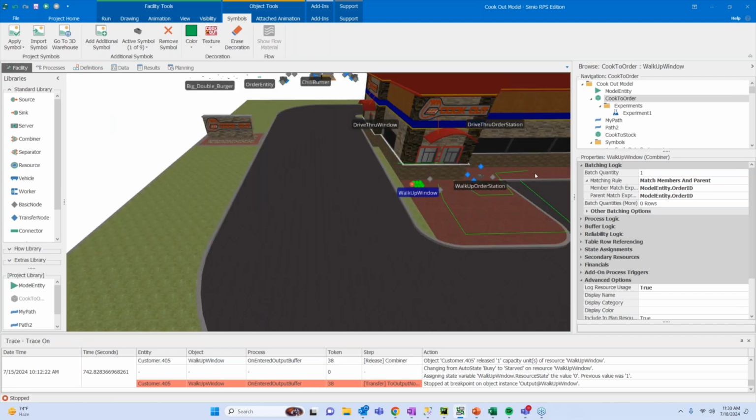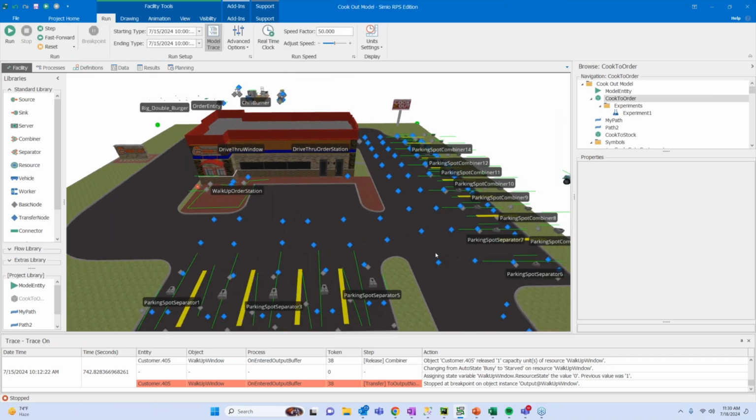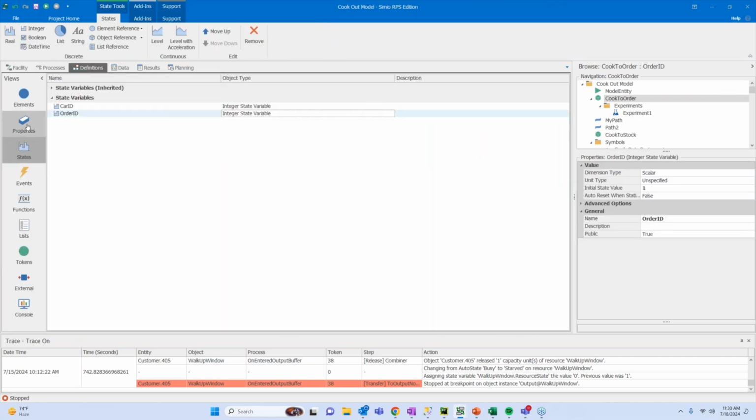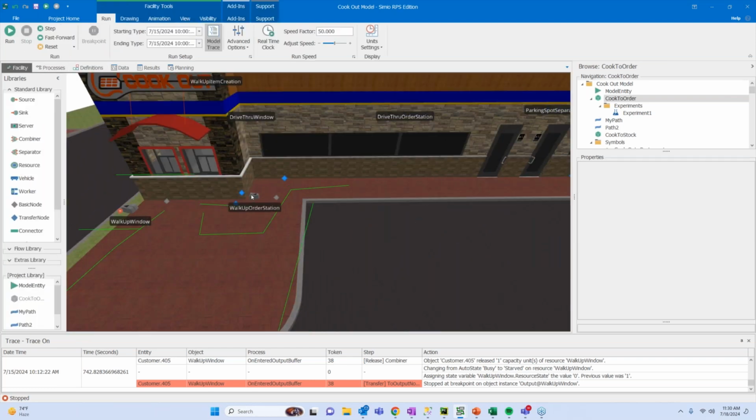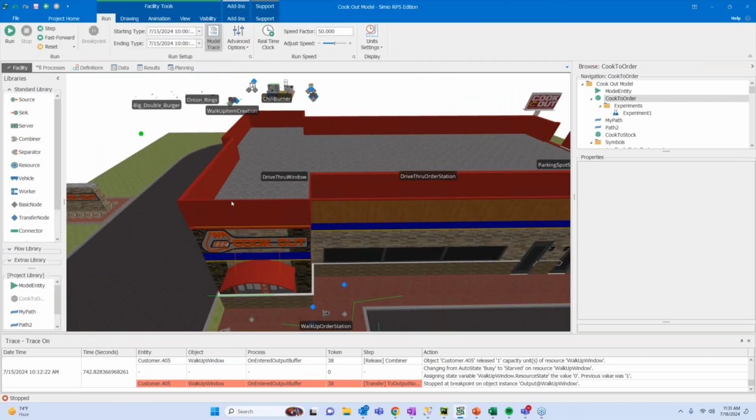Another point at the beginning of why it is important to make copies is that we've also established a counter element, which is our order ID. This is just an integer state variable, and for every single order that is generated in the model, we make an assignment that matches this order ID with this given customer. As we're making that copy, that's also something going on in the back: one of our processes is making an assignment to say this customer generated order 50, and order 50 is what's getting sent back to the kitchen to be fulfilled.